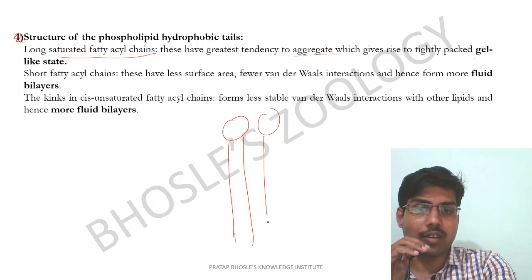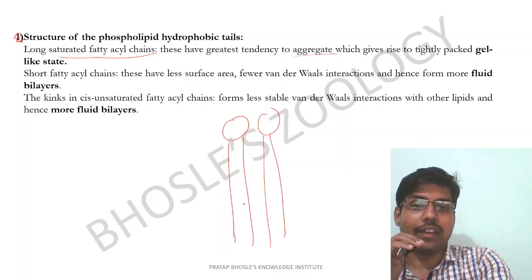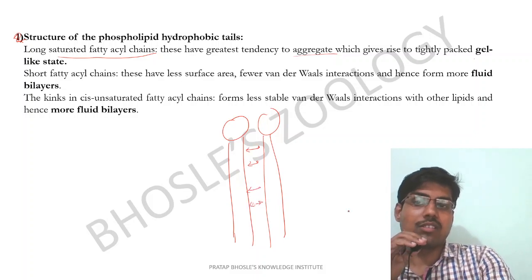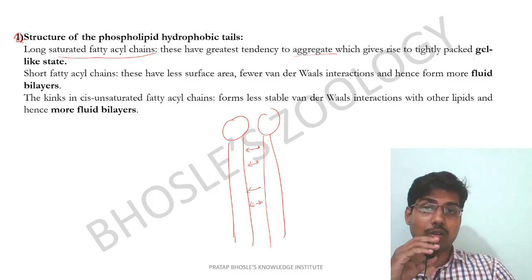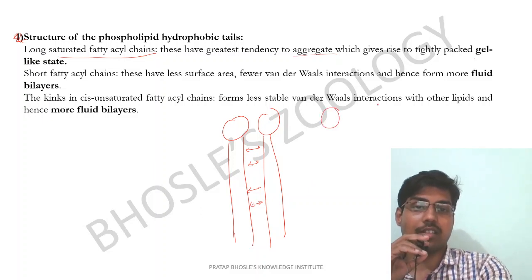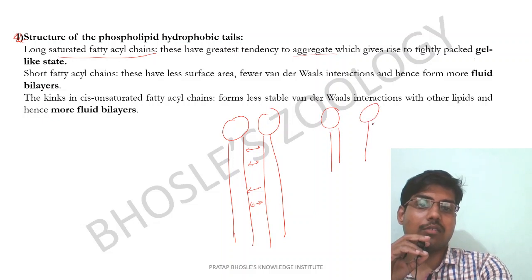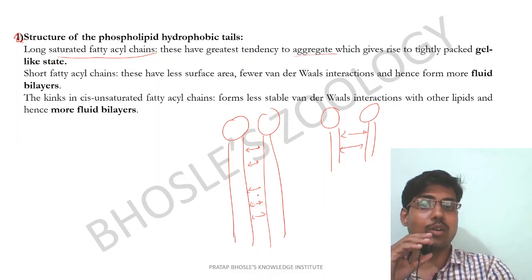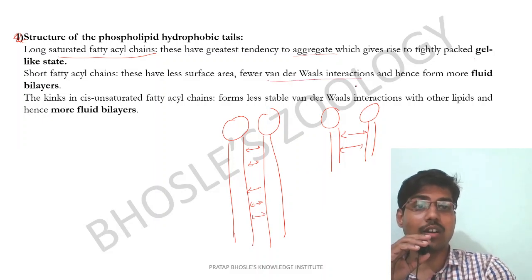If these chains are long, the tendency to aggregate is greatest because of the interaction between these hydrophobic tails. But if these fatty acyl chains are short, these have less surface area, right? So the number of interactions occurring will be less. The fewer van der Waals interactions will lead to